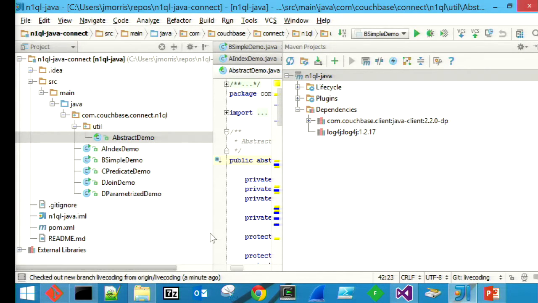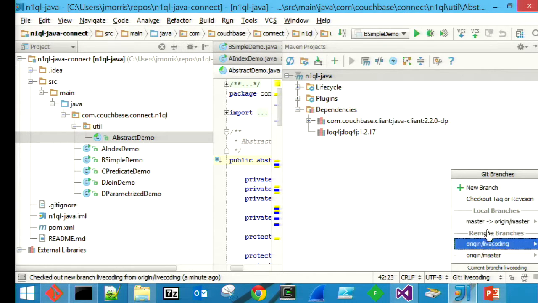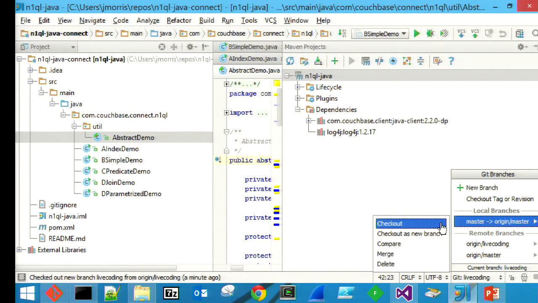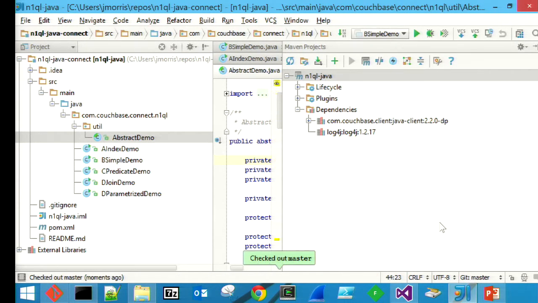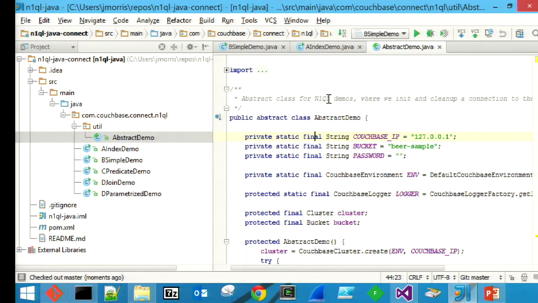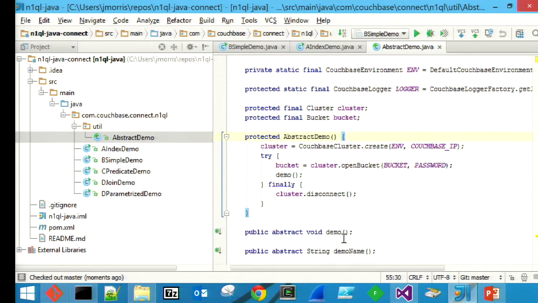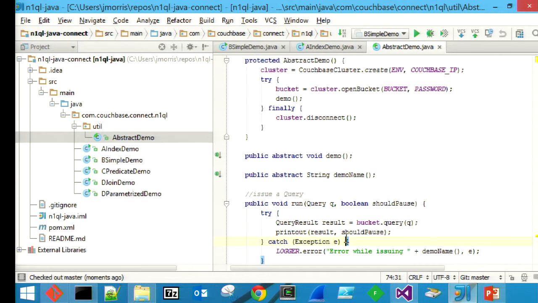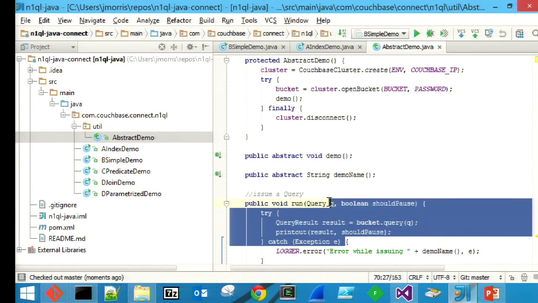So I just switch to the master branch, and I will just talk through the code. So what I have here is the code to connect to the cluster, and I have also prepared some helper methods. So if we want to issue a query,